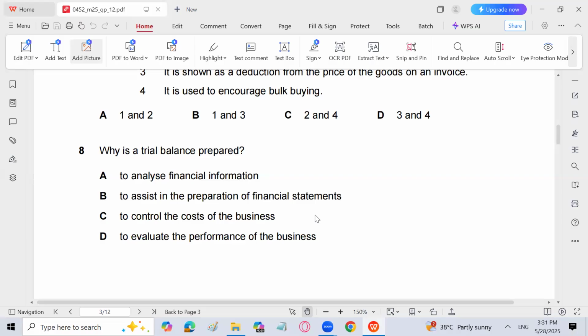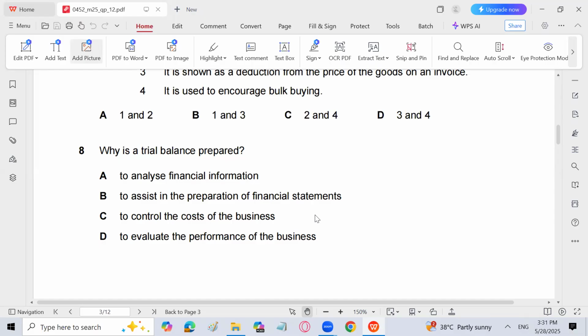Trial balance is a list of balances prepared in the ledger accounts. These are all correct, but unfortunately we haven't been given any option regarding these. So the option which goes with why a trial balance is prepared is to assist in the preparation of financial statements, because after preparing the trial balance, we prepare the financial statements, the income statement and statement of financial position. And you know that we can't prepare financial statements